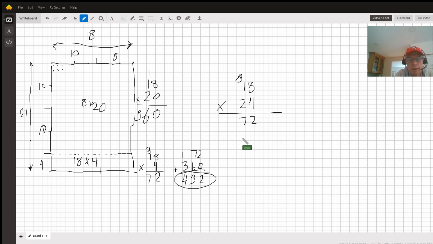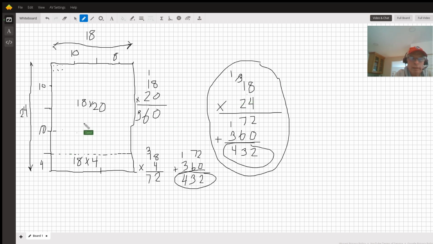8 times 2 is 16. We put down the 6. We carry a 1. 1 times 2 is 2 plus 1 is 3. That's 360. The 0 here we can put in to hold the place. Now we're ready to add. 2 plus 0 is 2. 7 plus 6 is 13. We put down the 3, we carry a 1, and we get 432. That's the final answer. And this is our final algorithm or method for multiplying two-digit numbers, invented by a farmer